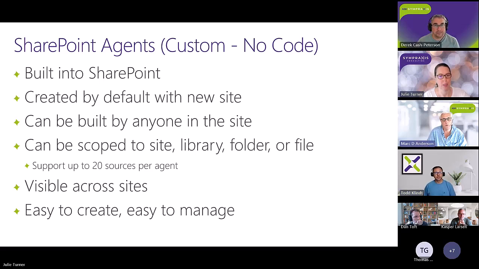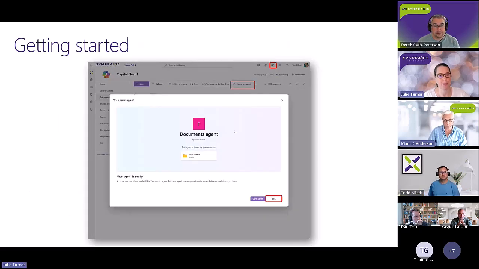Cool. I don't know if anyone's going to touch on it later, but one of the first things that I would say to anybody is name your agent. Name it well. Don't give it that documents agent name. You're going to have 300 of these things in your tenant if you don't. And they'll all show up in that drop down and they'll all look exactly the same.